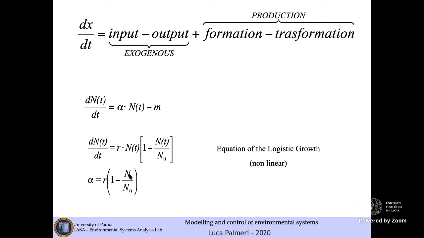As N tends to N0, you see that the growth rate stops. So this is a first example